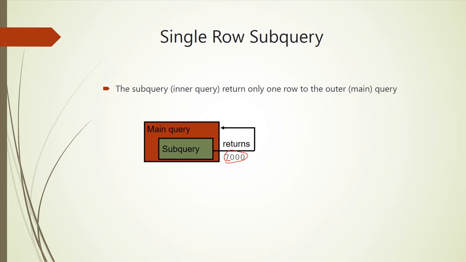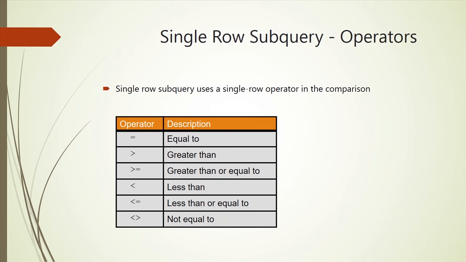For example, return all employees who earn more than the salary of employee 10. First of all, you have to write a subquery statement to return the salary of employee 10. This subquery returns only one row. If the subquery returns only one row, it's called a single row subquery. In a single row subquery, we use a single row operator like equal, greater than or equal, smaller than or equal,